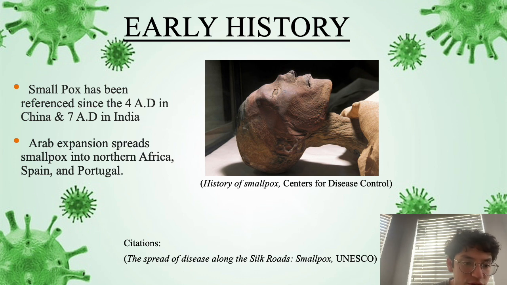By the 7th century, smallpox had become an epidemic in the Indian subcontinent, and Muslim expansion helped spread it to North Africa, Spain, and Portugal. In the 9th century, the Persian physician Rhazes offered one of the first clinical descriptions of smallpox, successfully distinguishing it from measles. The disease continued to spread over the next several centuries, reaching Anatolia by the 10th century, Central and